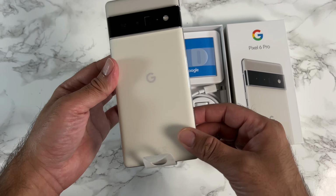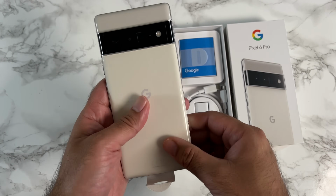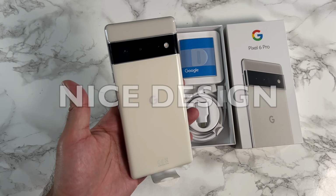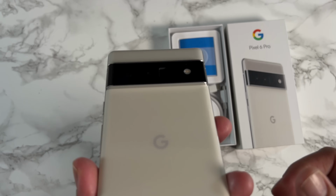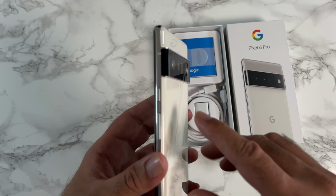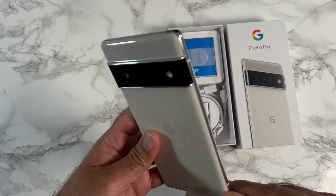They're calling this cloudy white, but I can describe this as an ivory white. It's a nice finish. It does not pick up fingerprints, no smudges. It's actually a very nice design. You have the Terminator style camera bump, which I'm still getting used to. I'm getting acquainted to this, but I really do like the Pro version's metal trim going all the way around,